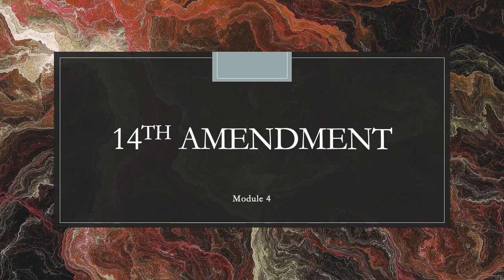Okay, so we have spent the last few modules laying the groundwork, understanding the federal system, the separation of powers among the branches, and the foundational principles of federalism. And today, we're going to pivot, and I mean significantly pivot. We're going to move from the structure of the government to the heart of individual liberties and equality in American constitutional law. And I believe that begins with the 14th Amendment.